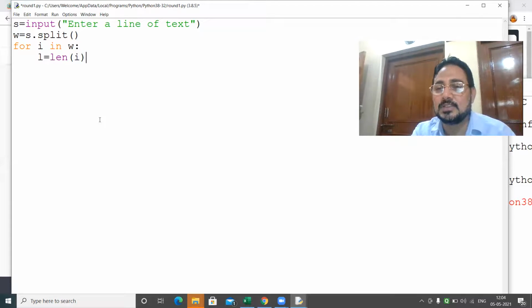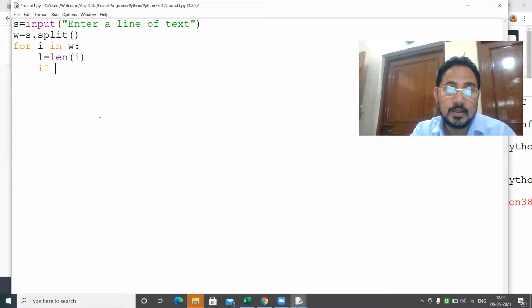So the word which is there, suppose India, India's length is 5. Index 0 has I, then 1, 2, 3, 4. At 4, A is there. That means if I use the length, it will come as 5 for the word. Please get the concept: at 5 no character is there. Actually indexing in a string starts with 0, so A is at index number 4. See what logic I'm using here.